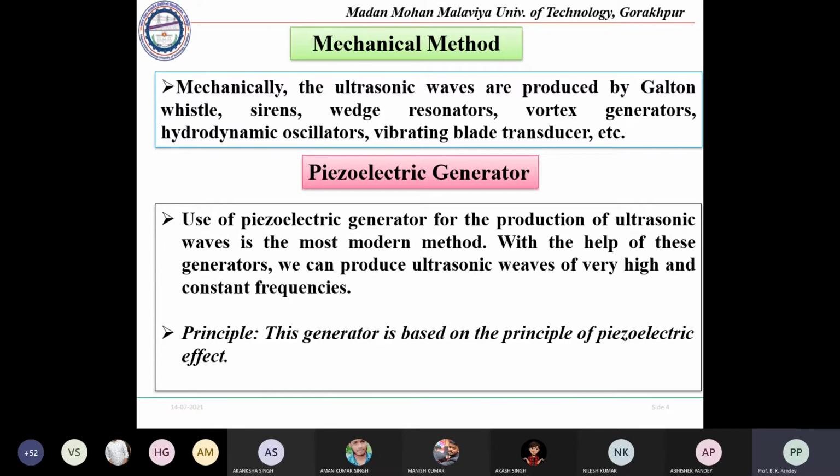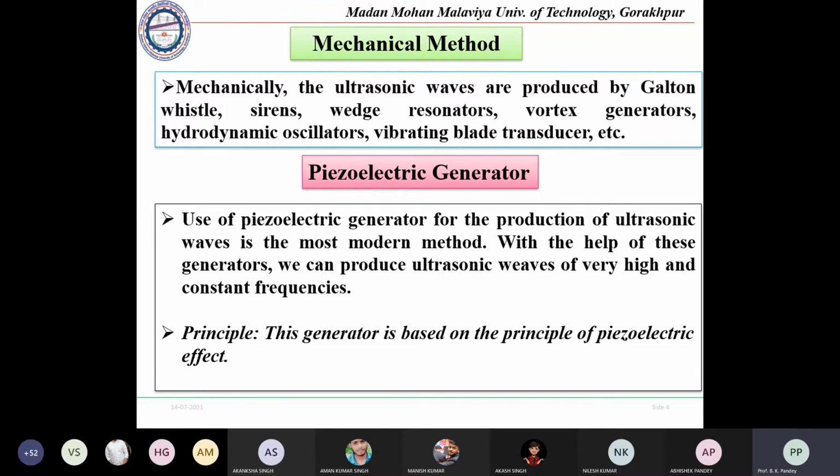Usually what happens in the case of railways, if the signals are there and monkeys are there, then they break the signals. If we have the ultrasonic waves there of varying frequency in this range, then monkeys will not come to that point because they are very sensitive to these waves and frequencies, and when they hear this, they will feel that something is unusual at that place, we should not go there. So this is one method, the mechanical method, and that may be used for this particular prevention.